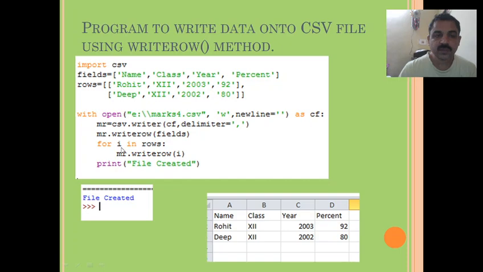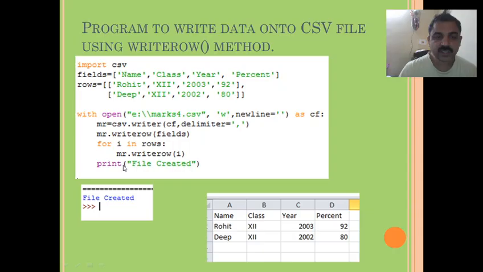Similarly, we want the rows to be written. So for i in rows, mr.writerow(i). So it will take one row at a time and write it. So from the list, one by one list will be taken and written to the particular file.